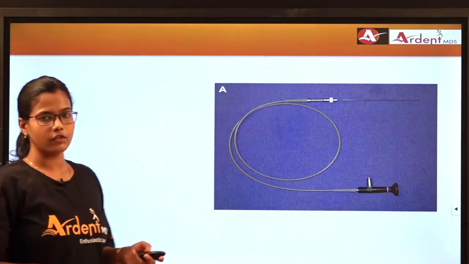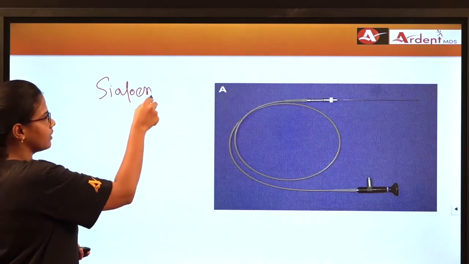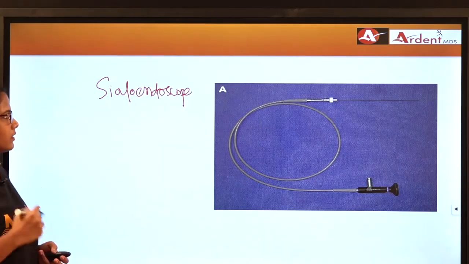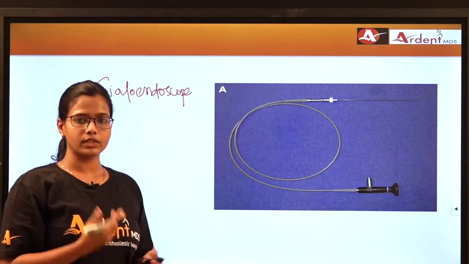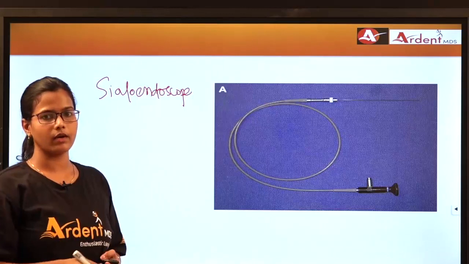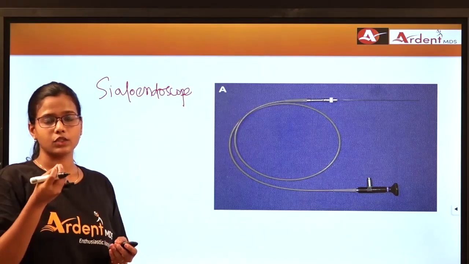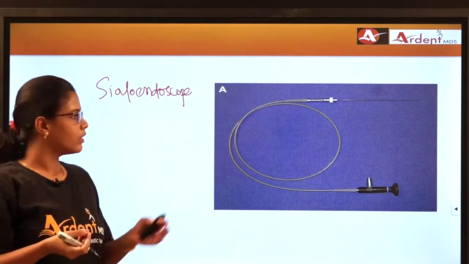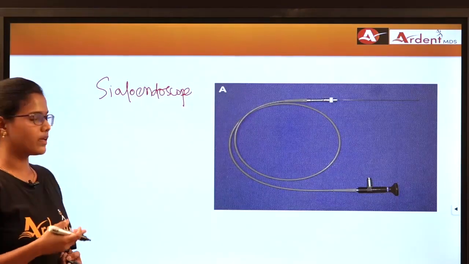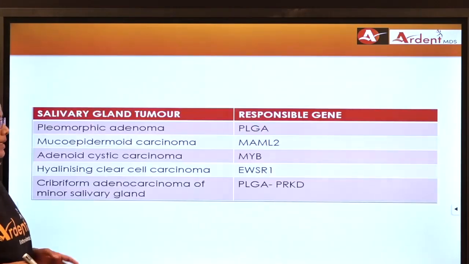Next, this is a picture of sialendoscopy. As with any endoscope, it is a minimally invasive procedure. The sialendoscope is both diagnostic and therapeutic. It is diagnostic because we can identify any calculi or other abnormalities of your salivary gland ductal system, and if the stone present in the salivary duct is very small, we can remove it with the sialendoscope. There are various generations of sialendoscopes. So this is one of the minimally invasive methods.